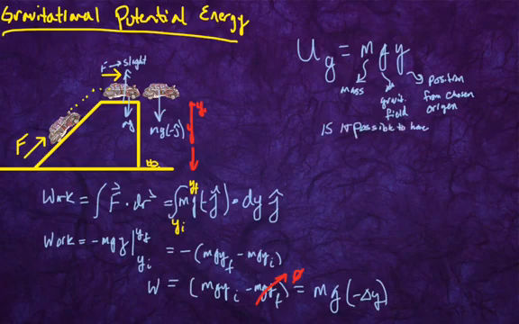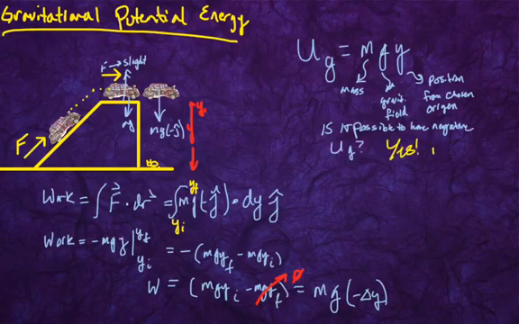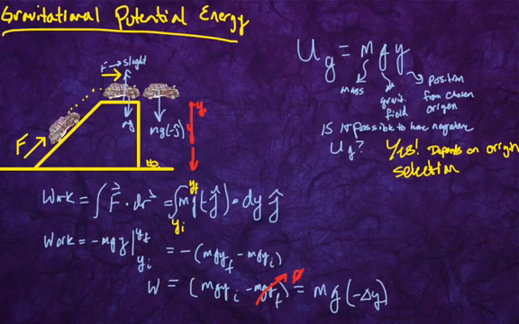Okay, is it possible then to have negative potential? Well, I sort of stole my own thunder there. Yes. And it depends on the origin that you select. Okay, so we could very well have selected this point up here to be our origin. Our y would have been negative, okay, and gravity would have done negative work. Or,